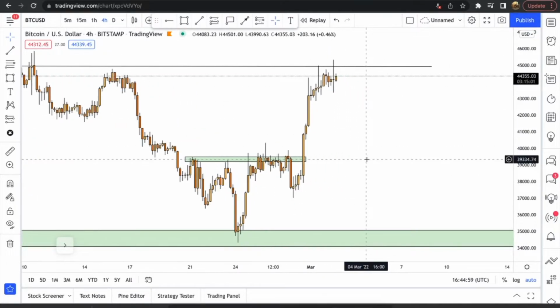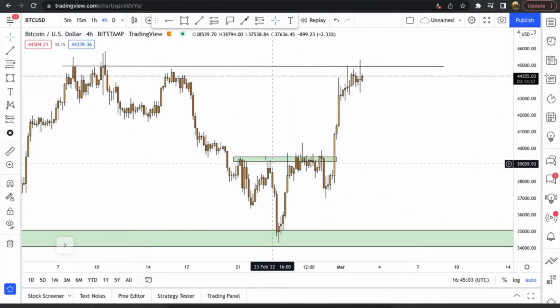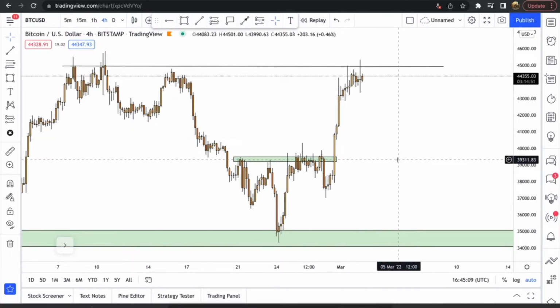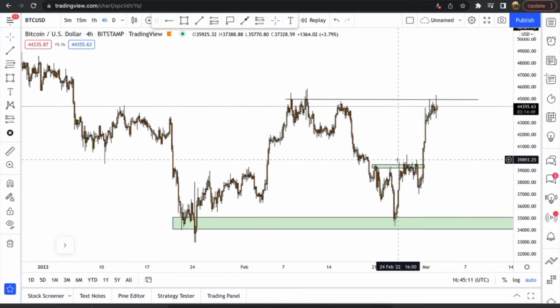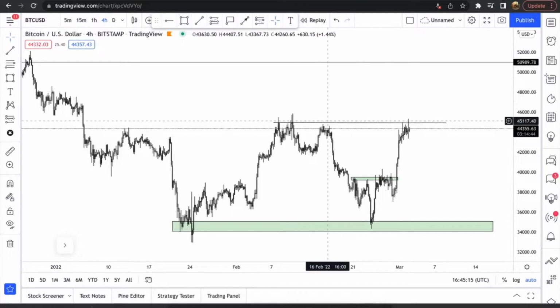And this is why I keep talking about, when you've got this structure down, and then you start violating these major key levels, in this case the lower high, once you start taking out those levels, the directional bias is changing, and it's quite important to know if you're trading on the lower time frames. It is a good little thing to know.